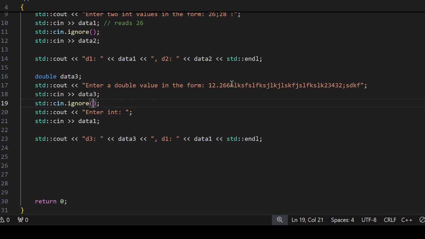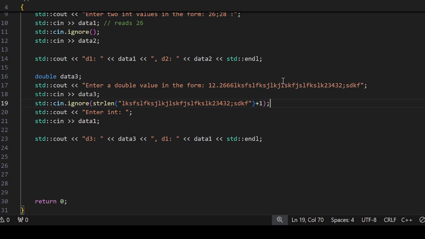For example, in this case, 1 2 3 4 5 6 7 8 9 10 11 12 13 14 15 16 17 18. Let me pick this entire thing and plus 1. I think this should be the new line character as well. So I want to ignore this many characters,